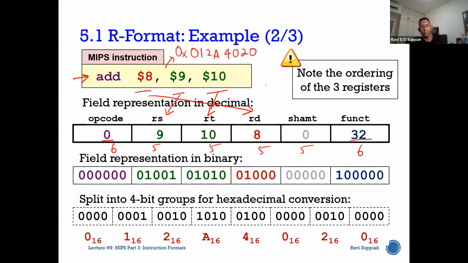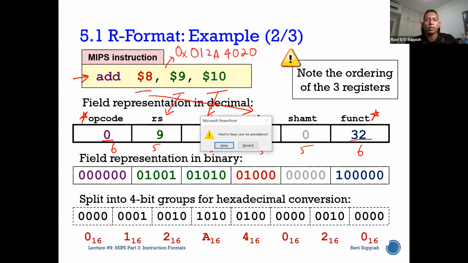So now you are seeing it at one level lower, correct? Until now, we were just looking at it from the assembly language instruction. Now we are looking at the actual binary representation itself. Before we move on, one important thing is, how do I know the opcode value and the function field? Right now, what I would like you to do is